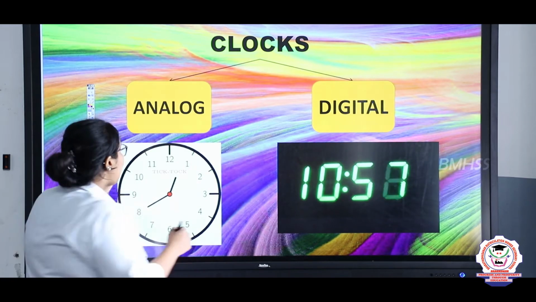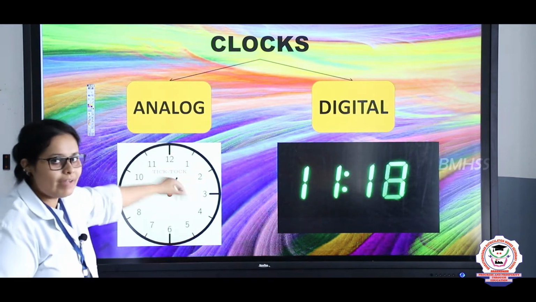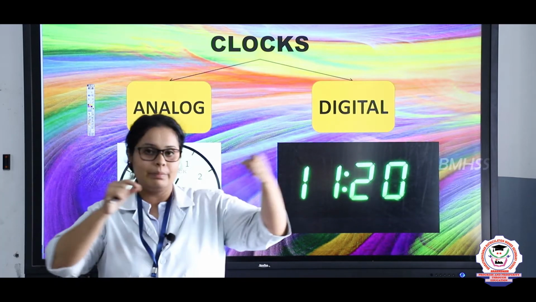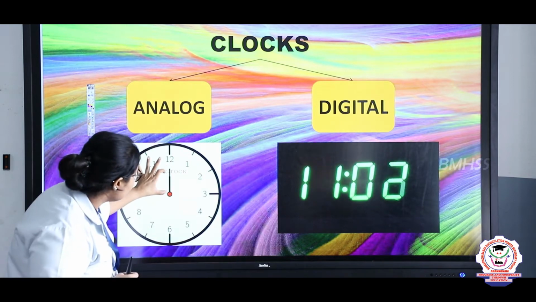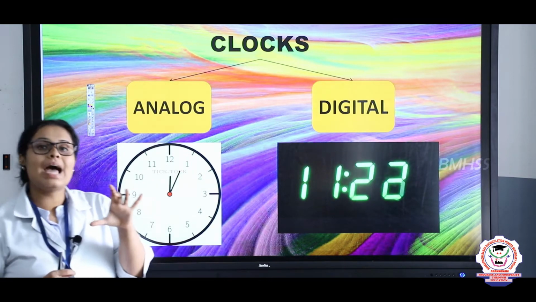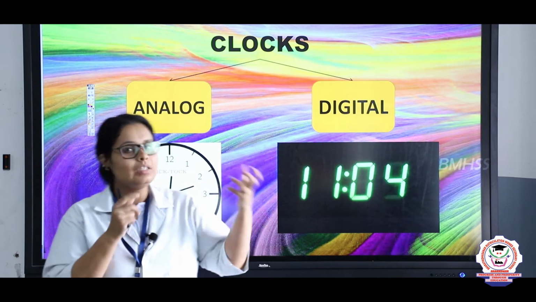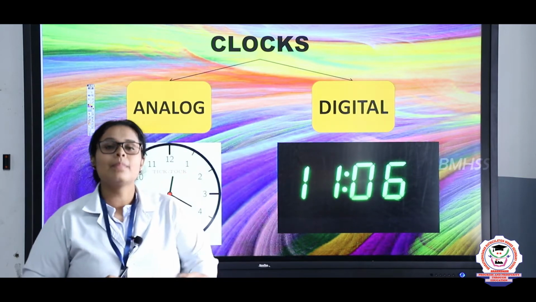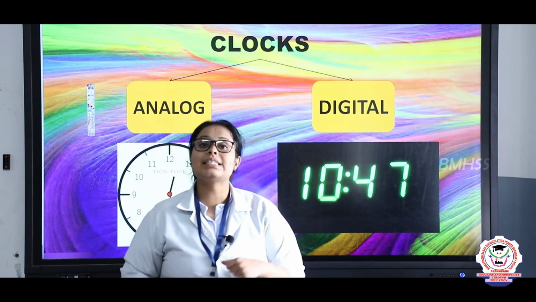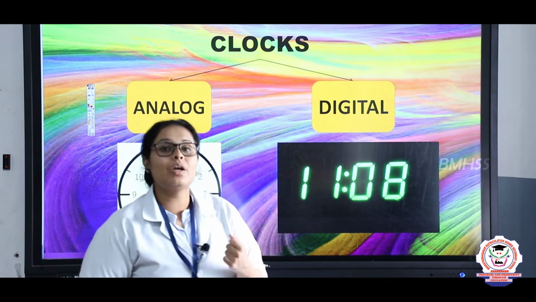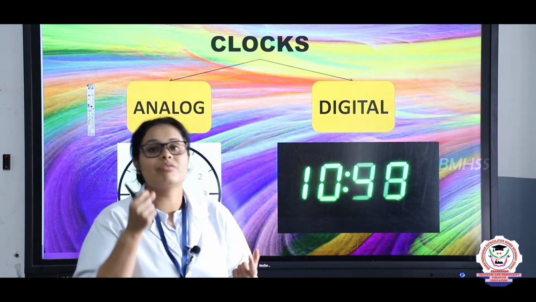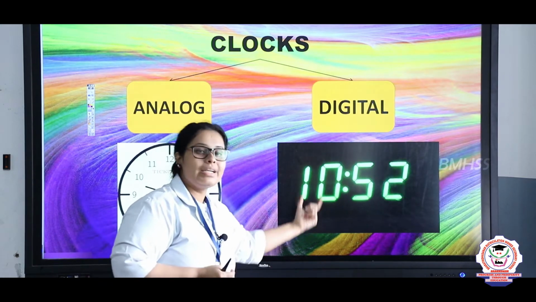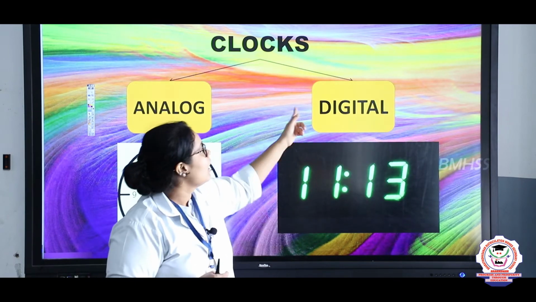Now, let's see them in detail. Here you can see that the analog clock has a second hand. The second hand is very thin and longer. The hour hand, see here children, is very short. In the same way, the minute hand is a little thicker and a little longer. Where can you see digital clocks, children? Yeah, you are right. You can see digital clocks in railway stations, because the time at which the train comes or goes is very accurate, right? For that we need accurate timing, that is why we use digital clocks there.